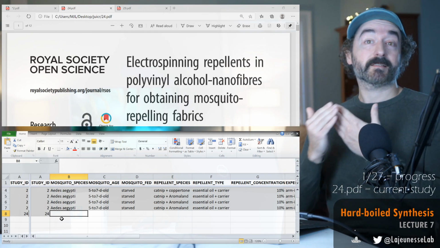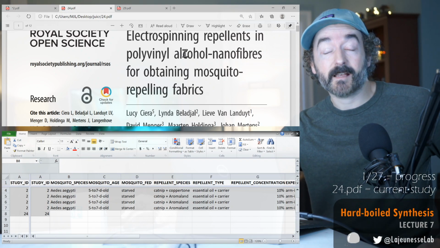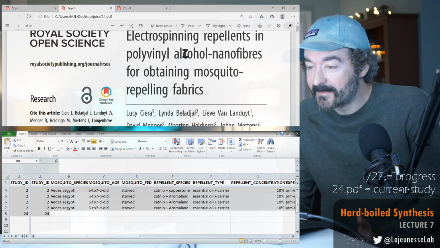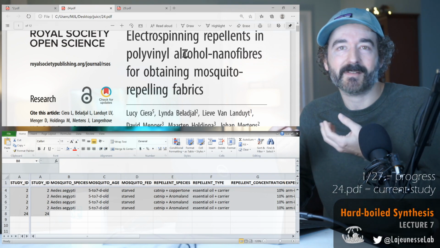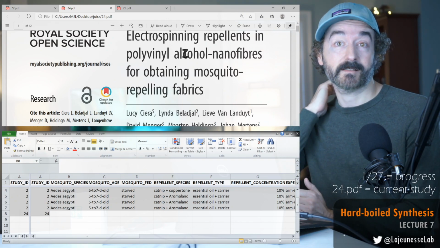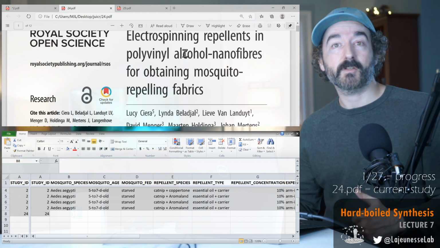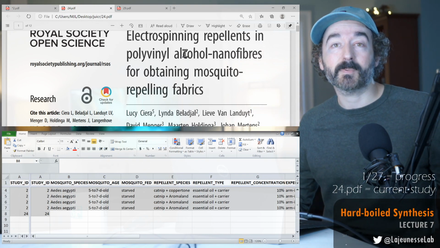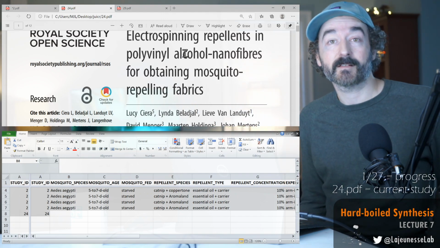First things first, let's collect information on the mosquitoes. This study is a little different from the other one in that it's testing electrospinning polyvinyl fibers. So I guess it's like a fabric of some sort that they created, and maybe they infused it with the repellent. I mean, there's a ton of these kinds of studies. Maybe the purpose of this is to create like a bed net that's infused with repellent activities. So not only do you have a physical barrier protecting people from mosquitoes, but you also have the added benefit of a repellent, further repulsing